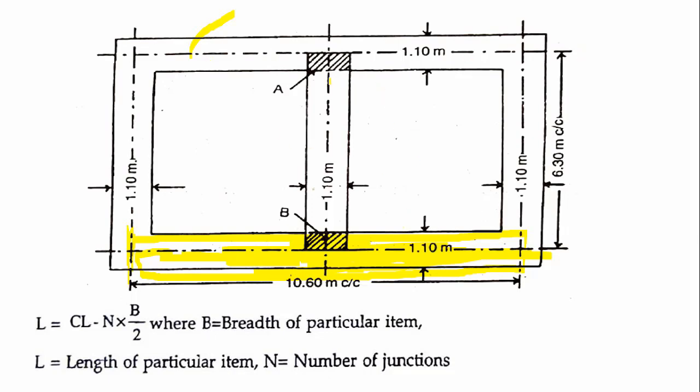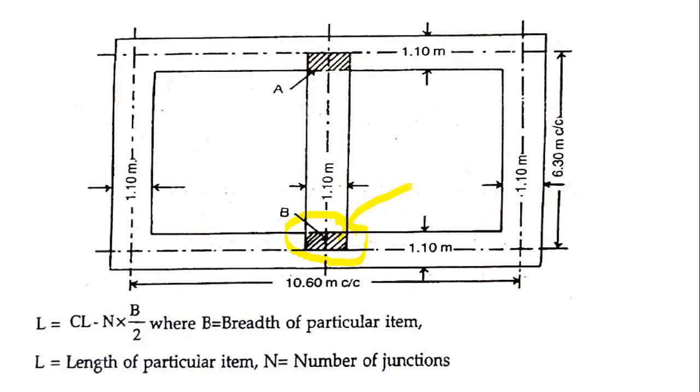Next, when you consider this short wall, the center length is from this face till this face. Center to center means from this face till this face. If you multiply it by breadth, this portion will be covered. When we considered the long wall, we already took this portion. But when we consider the short wall, again this portion is getting overlapped. You can see the hatching portion we have shown, here it is getting overlapped. So the quantity gets doubled, and only this much quantity has to be subtracted.